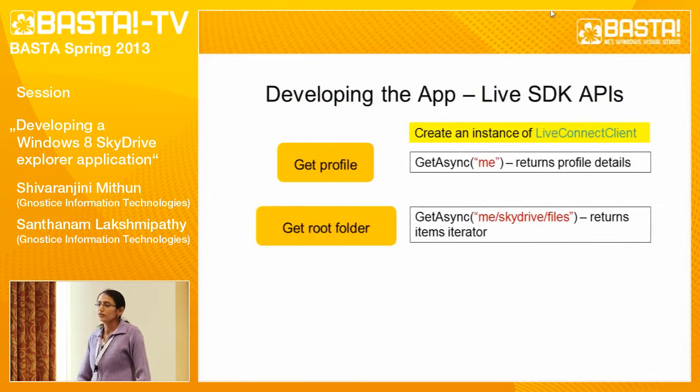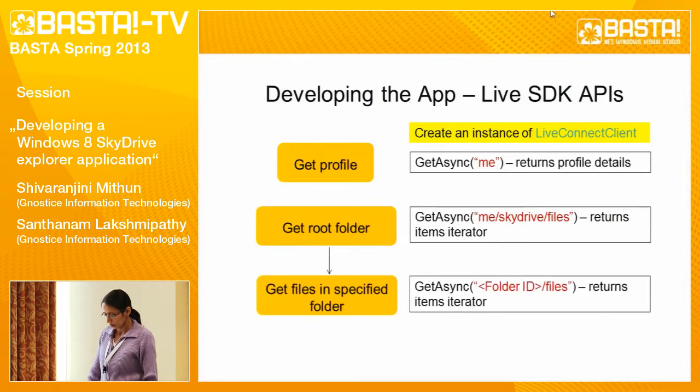Each item in the SkyDrive will have a type saying whether it is a file or a folder, and each item is identified through some unique identifier. Whether it is a file or a folder, it will have a unique identifier associated with it. And if it is an image file, we will get an image URI. So we store all this information, and suppose the user wants to navigate to any other folder apart from the root folder, let us see how to do that.